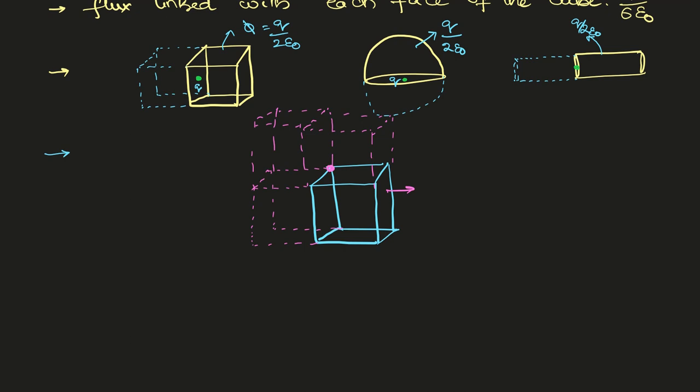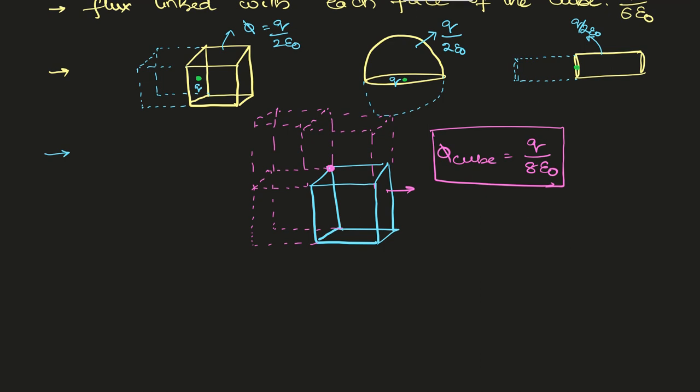So flux linked with one cube will be equal to q by 8 epsilon naught, because we need another 7 cubes. Apart from this original cube, we need another 7 cubes to close that corner. So flux linked with this cube will be q by 8 epsilon naught. If you observe those faces which are meeting at that corner, with them there is no flux linkage,